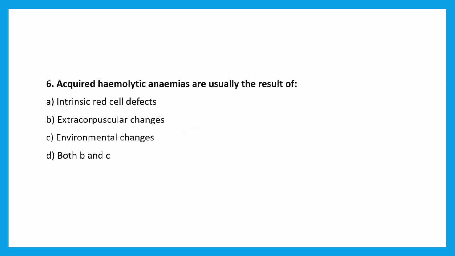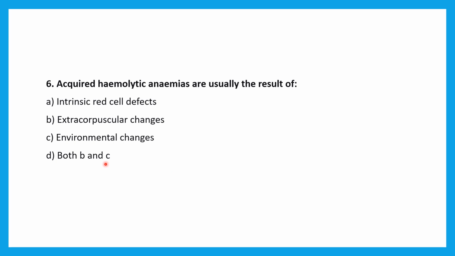Number 6. Acquired hemolytic anemias are usually the result of what? A, intrinsic red cell defects, B, extracorpuscular changes, C, environmental changes, D, both B and C. Which one do you think is the correct answer on question number 6? So look at the choices that we have. First of all, you have to remember that